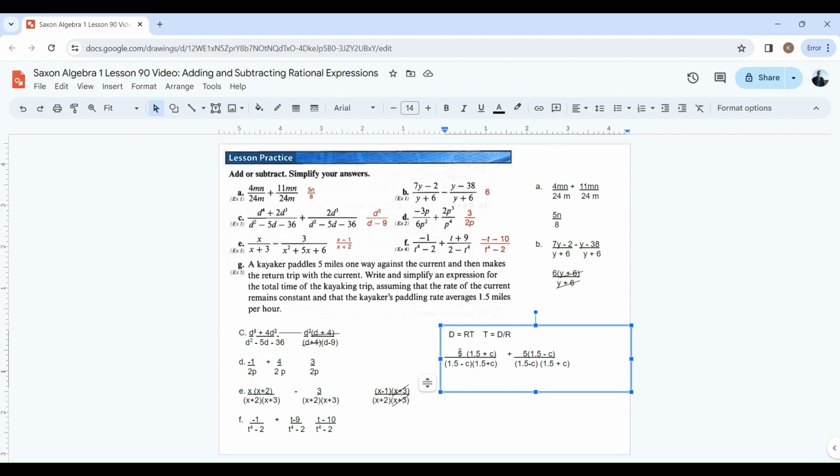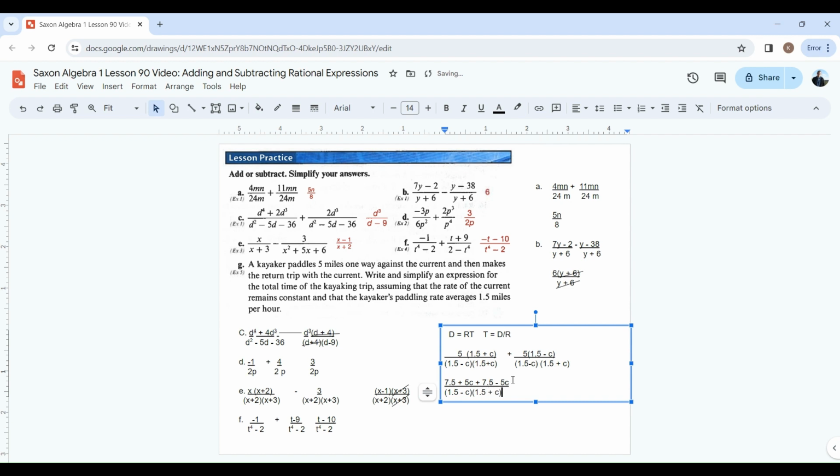On top, 5 times 1.5 is 7.5, so this is going to be 7.5 plus 5c, plus, on this side, 5 times 1.5 is 7.5 minus 5c when I distribute this one. Notice a plus 5c and a minus 5c. Those are going to cancel each other out in this problem. On my denominator, I'm just going to have the same thing: 1.5 minus c,